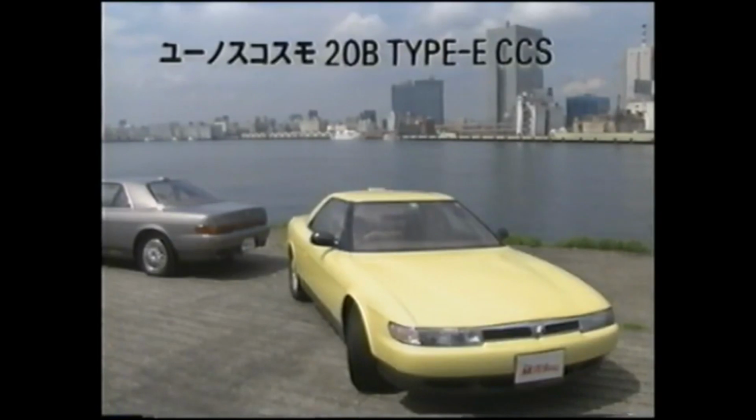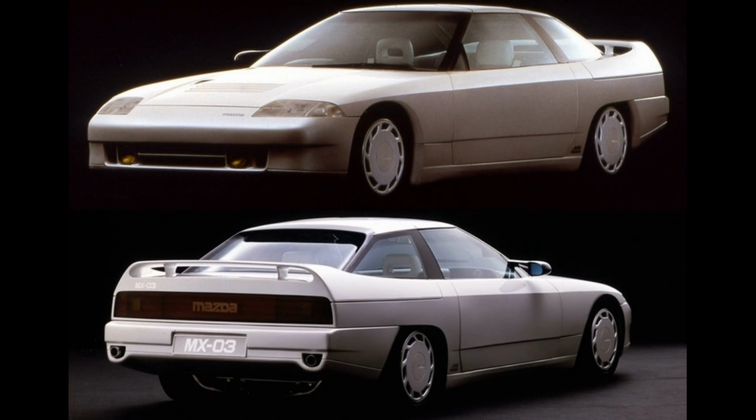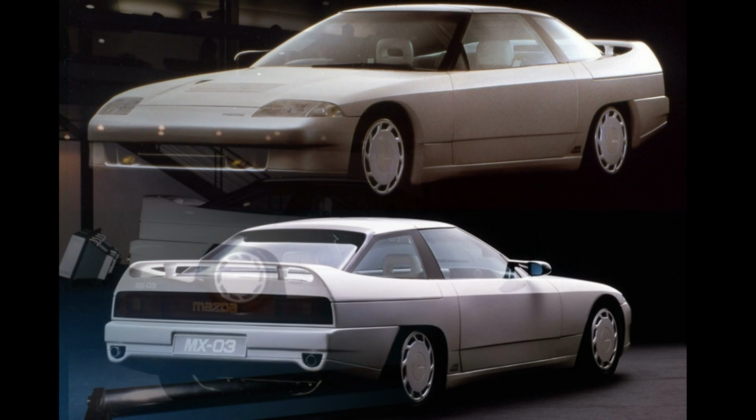Being the first ever Mazda to feature a rotary engine, the Cosmo became the originator of Mazda's Rotary saga. And today, we will talk about the final generation of the Cosmo. Let's begin, shall we? It all starts with a high-tech concept car called the Mazda MX-03, created back in 1985